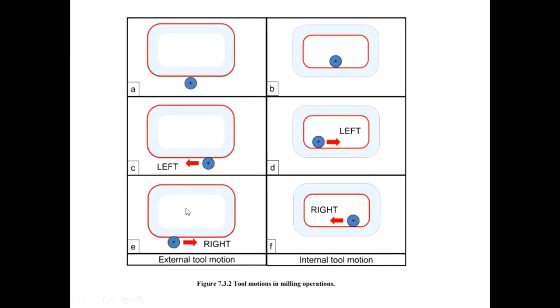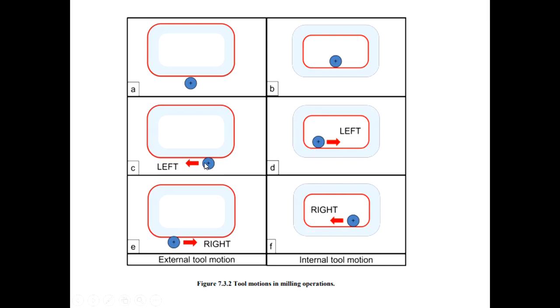This is again the example for external surface. You can see this is the external milling and this one is the internal milling. You can see this is the cutter diameter compensation left, and this is for internal. In this direction you are moving, so obviously the left hand side you have to compensate, and for internal also in this direction you are moving, so obviously the left hand side we have to compensate.